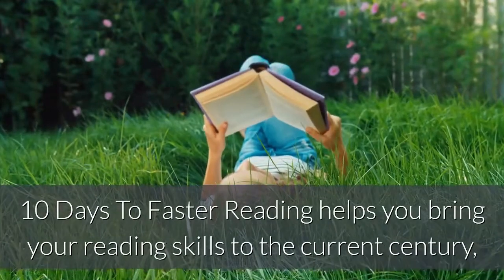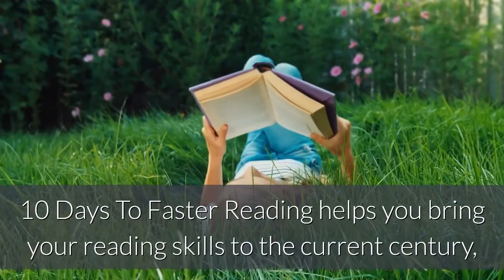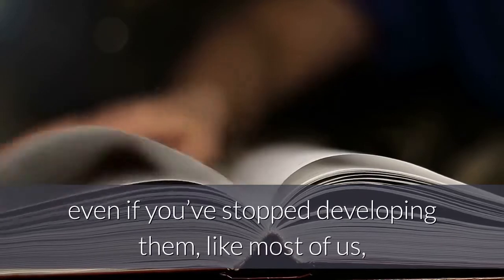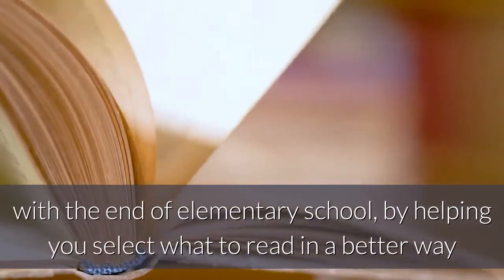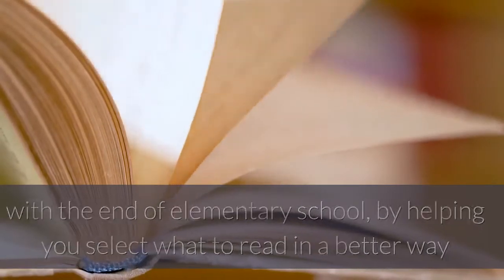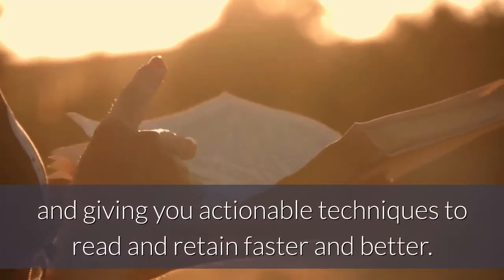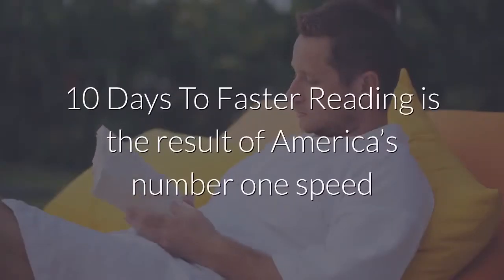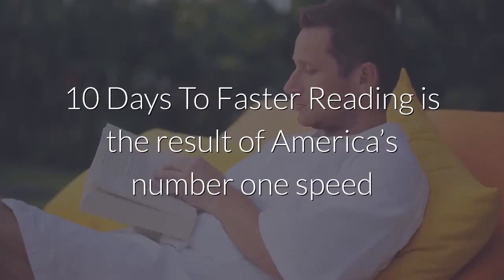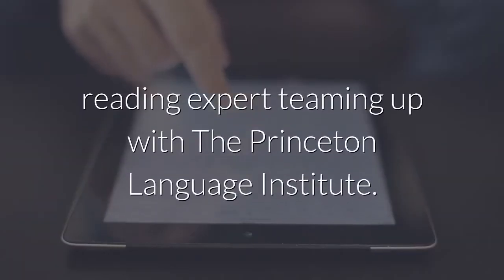10 Days to Faster Reading helps you bring your reading skills to the current century, even if you stop developing them, like most of us, with the end of elementary school. By helping you select what to read in a better way and giving you actionable techniques to read and retain faster and better. 10 Days to Faster Reading is the result of America's #1 speed reading expert teaming up with